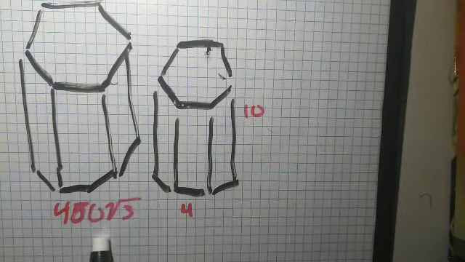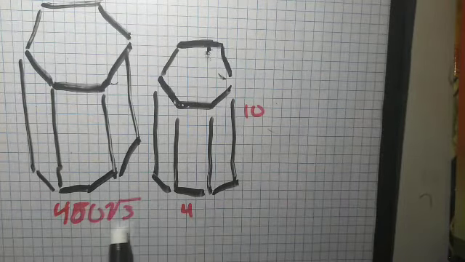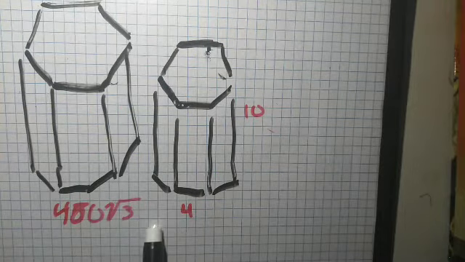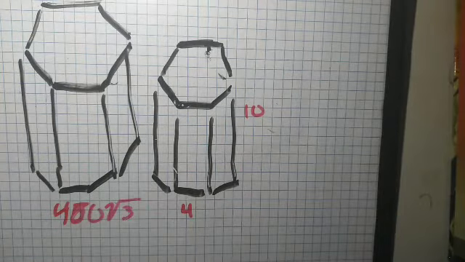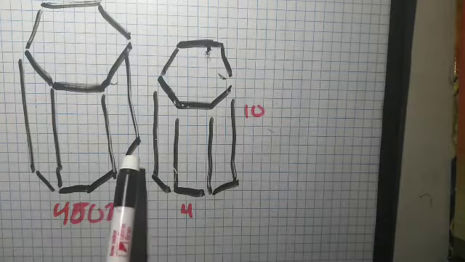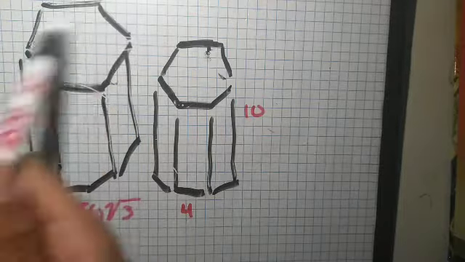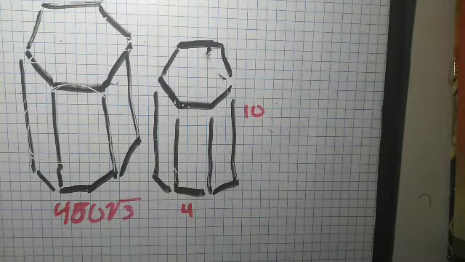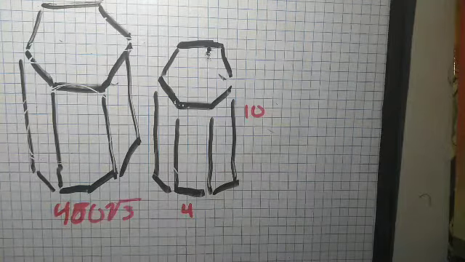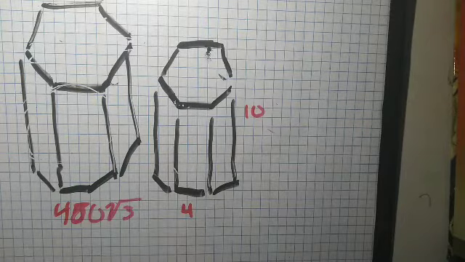Because we would like to find a similarity we can base our ratio off of, because these are similar figures. But we're trying to prove that. We're trying to not only prove that, but figure out what's going on over here. What's the height and what's the width? And we can do that by looking at the volume. And if you remember earlier on with the cubes, we noticed that